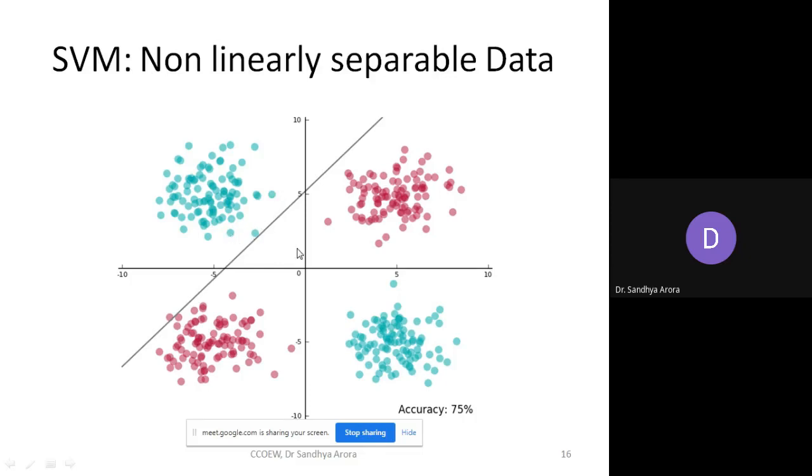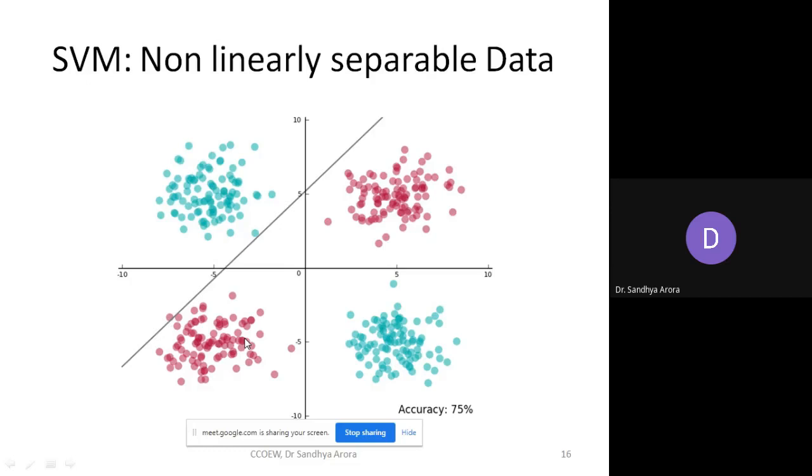70 maximum 75% accuracy means अगर ये वाला लाइन लिया है तुमने तो ये वाला डेटा तुम्हारा पूरा मिसक्लासिफाई हो रहा है. अगर ऐसे लाइन लोगे यहाँ से तो ये वाला डेटा मिसक्लासिफाई होगा. अगर ऐसे लाइन लिया यहाँ पे इस तरीके से इधर लाइन लिया तो ये वाला डेटा मिसक्लासिफाई होगा. So 75% you take any kind of line, maximum accuracy you will get is 75%, means 4 portion में से एक portion ऐसा होगा which is not correctly classified.